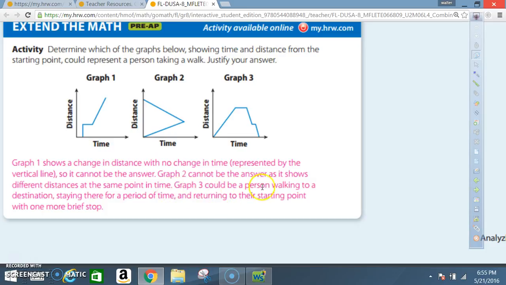Graph 3 could be a person walking to a destination. They're walking, staying there for a period of time, so they stay at the same distance for a while, and returning to the starting point with one more brief stop. So here they started going back, but you can see that by the decrease, and then they had a brief